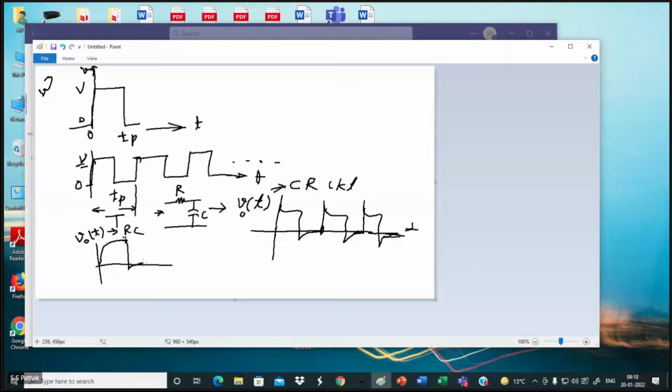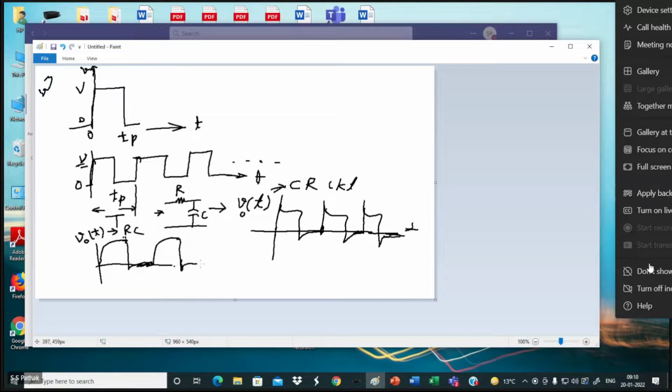And that's what is coming here. Again it rises like this. So a spike in the positive voltage direction is not coming if I am using this low pass circuit. Okay, again it is coming here. It is coming up to 0. It is not going in the negative direction. It is coming up to 0 only. And then